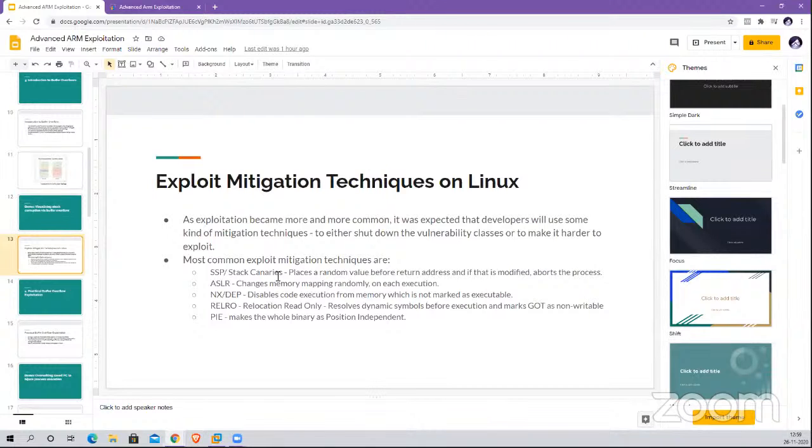Now, the next one is DEP or NX, or as it is called, XN on ARM devices. DEP stands for data execution prevention actually. NX is no execute, XN is execute never. These are pretty much the same thing. What they do is they disable code execution from memory which is not marked as executable. Now, when memory is not marked as executable, your shell code will not get executed,